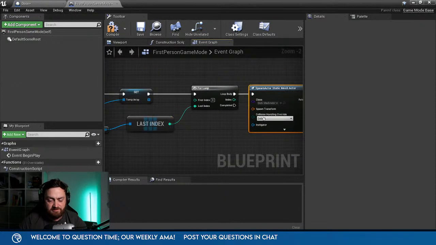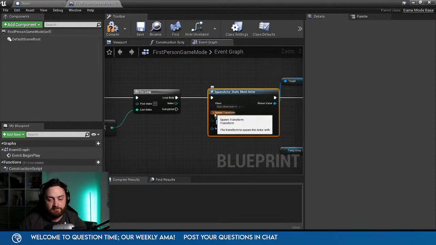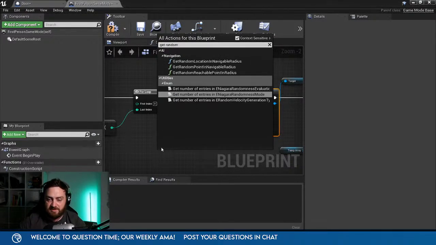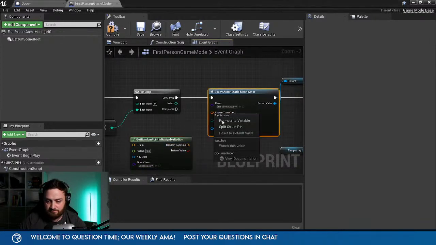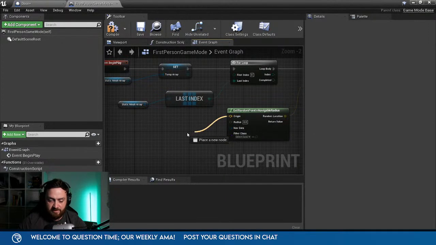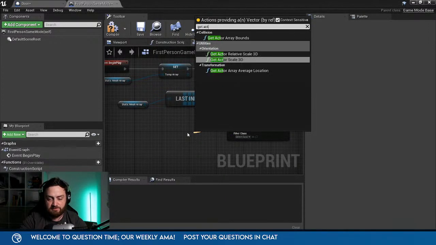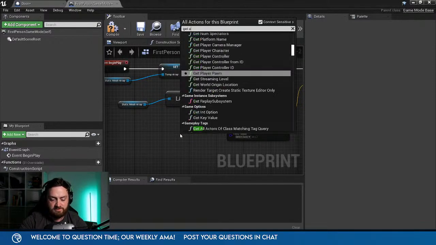And that's it, really. Spawn transform, we'll do get random point in navigable radius. Put that in the location. Origin, we'll get player character location, so actor location. Actor location.